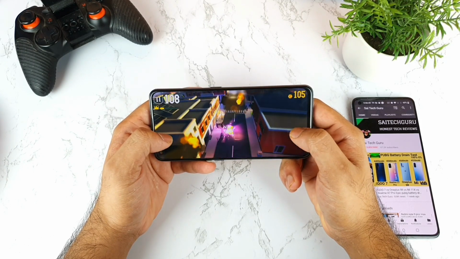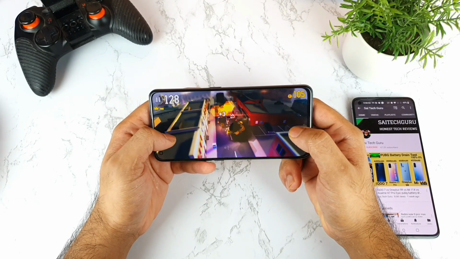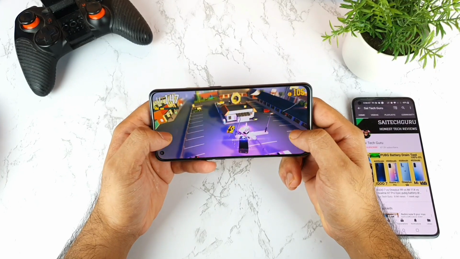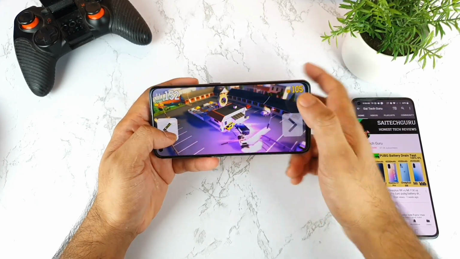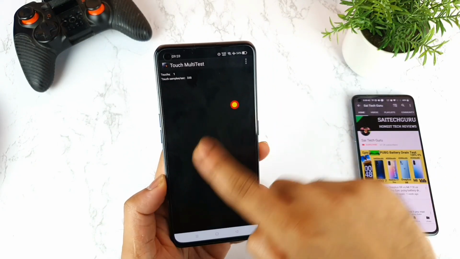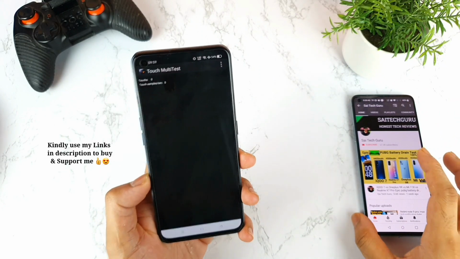Overall, this is a quick review friends of this phone in terms of touch sampling, and make sure to comment below in case you want me to compare with other smartphones. Definitely I can do that kind of comparison on my channel for you all. And I'm really shocked, it's not what the company is claiming. I did test the same application on multiple smartphones, and this is the result.